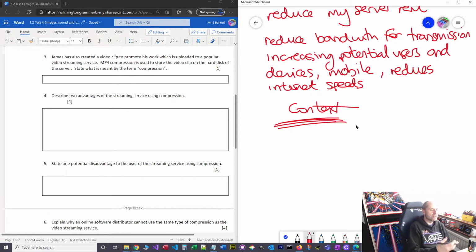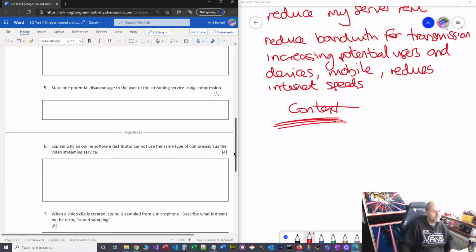Right, okay. And then a disadvantage. It did actually just say state, but this is the sort of question where I'm thinking to myself, when you're answering these sorts of questions, you can say, here's a little bit of explanation, here's a little bit of description of why that statement is true. If you can get yourself into that mindset of that's how we tackle questions, what you will find is when you're tackling the bigger questions,